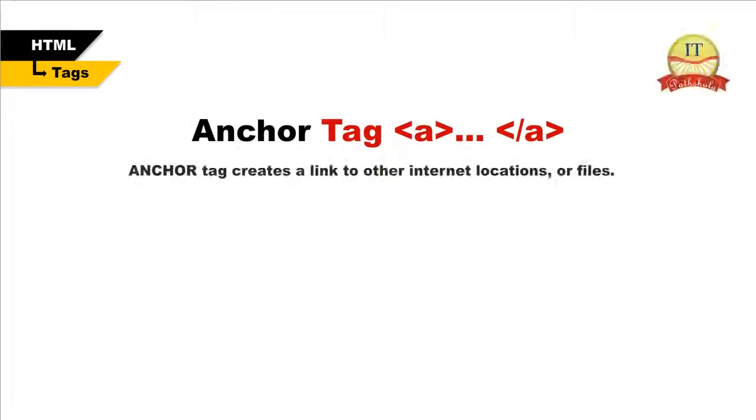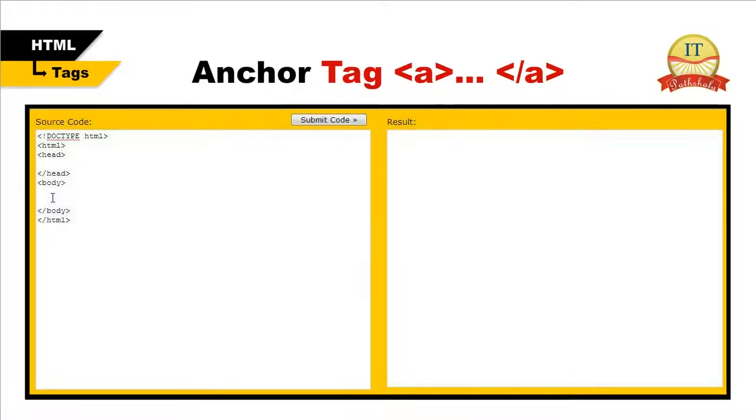Anchor tag. Anchor tag creates a link to other internal locations or files in a web page. Let's say you want to place a text on your website which when clicked redirects your visitors to IT Pathshala website. To accomplish this,